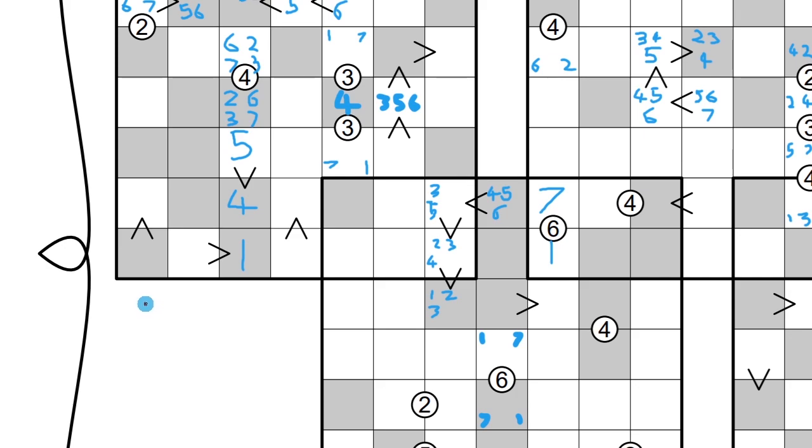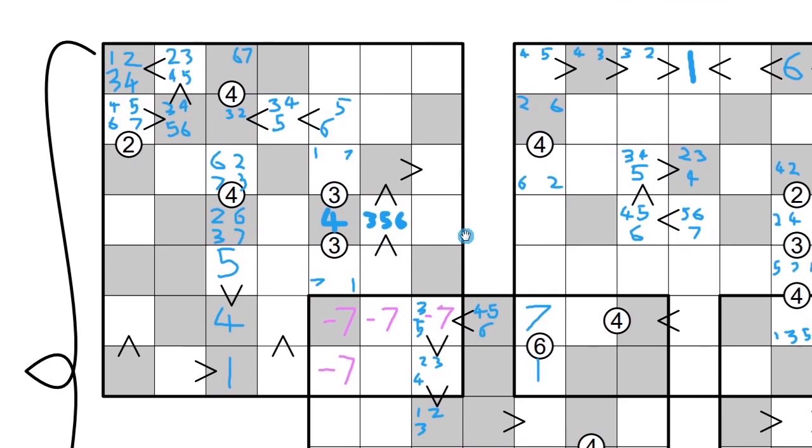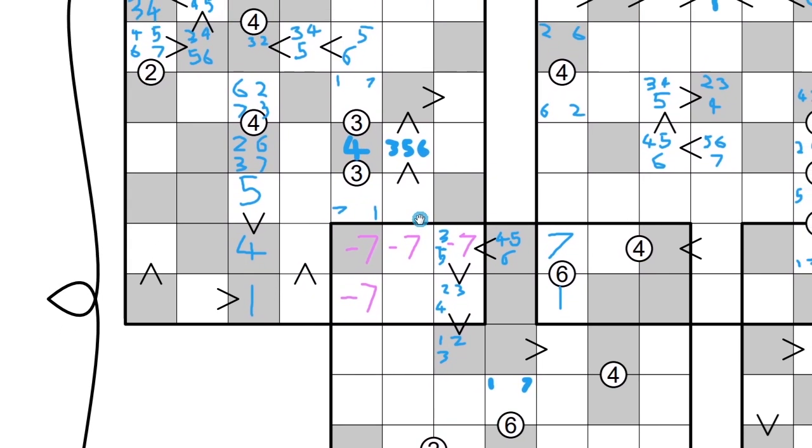Yep. I know that's not a 7. Does that help me at all? I also know that these are not 7s either. Not 7, not 7, not 7. How do I know that's not 7? Oh, yep, because of this, yep. Yep, but